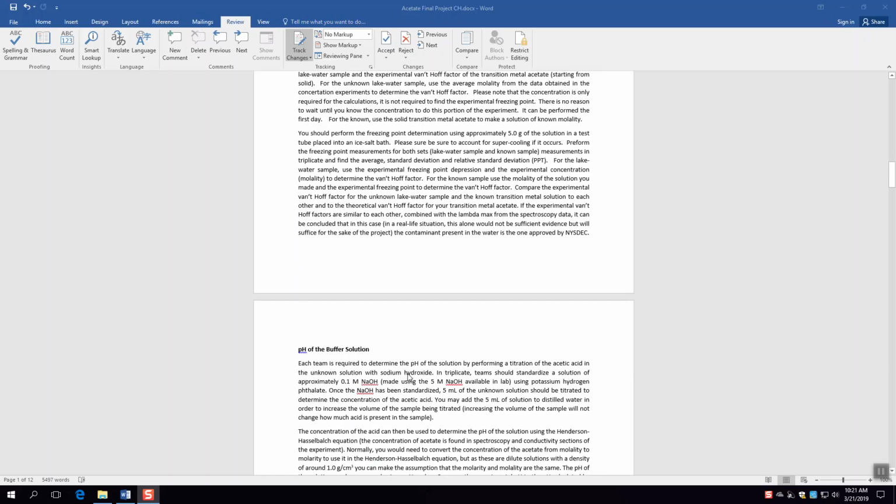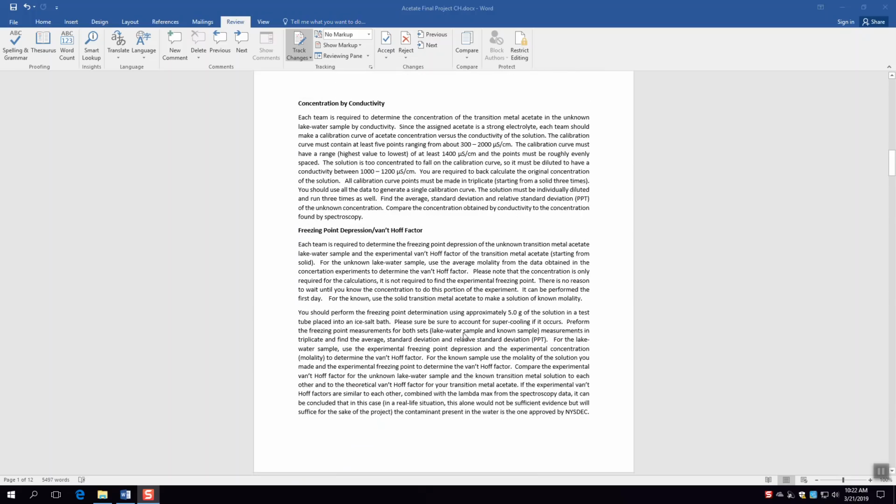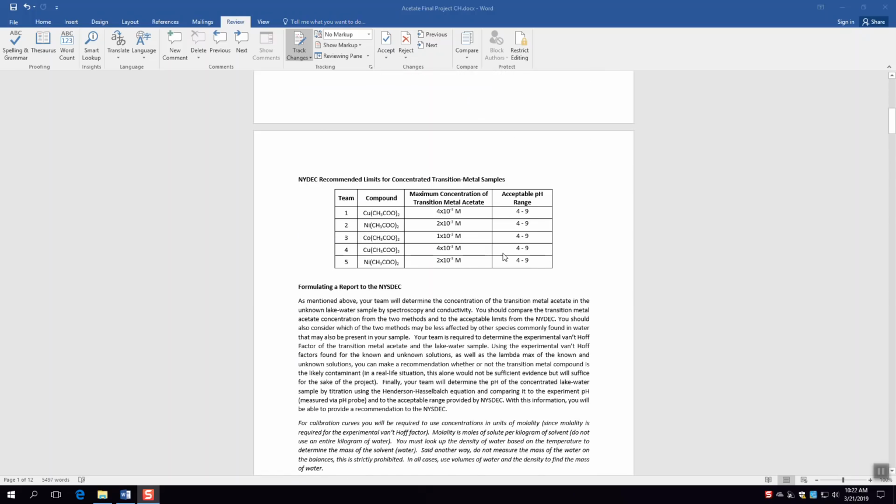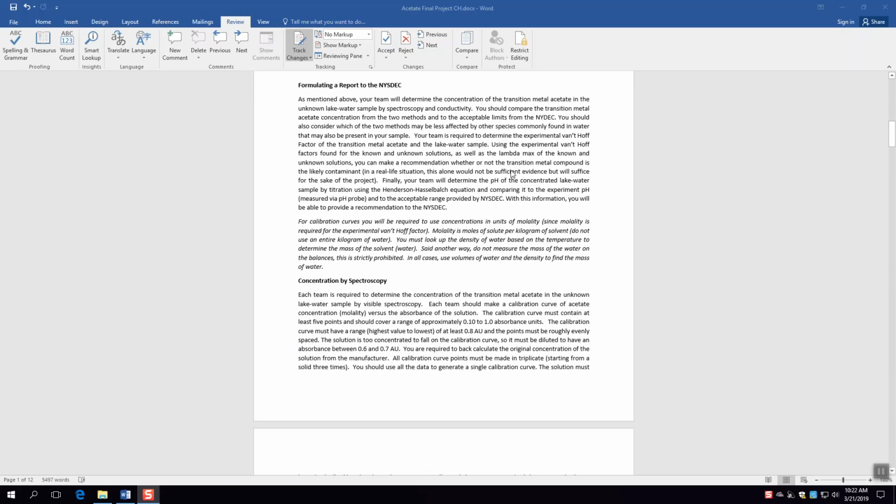And you are going to go ahead and determine the experimental pH, and you are also going to determine the actual pH by literally sticking a pH probe in there, and you're going to compare those two values and see if they're within the DEC's acceptable pH range. So that is a very brief